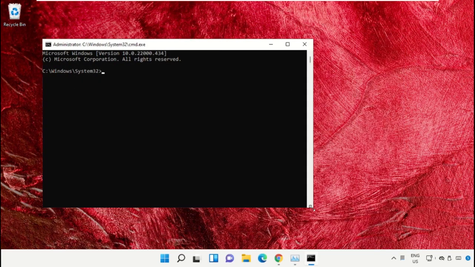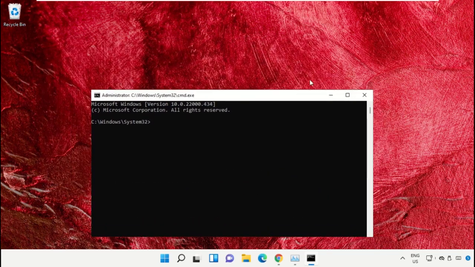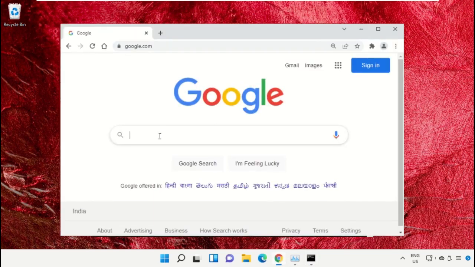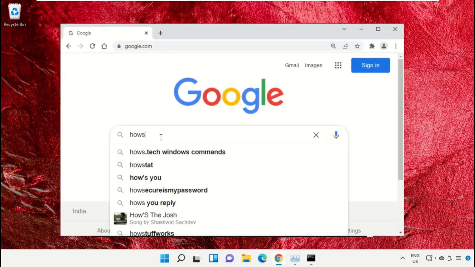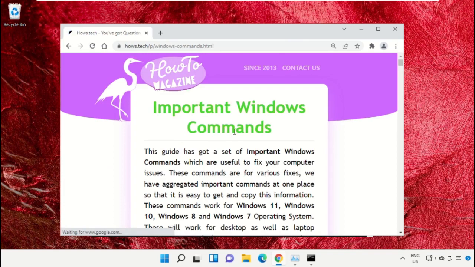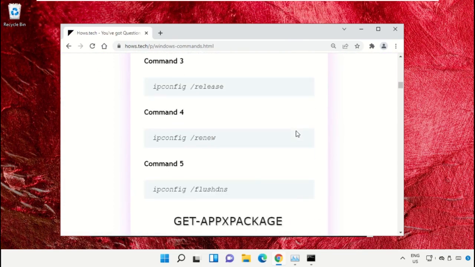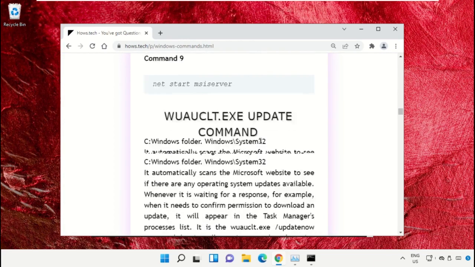To avoid mistakes, we already have a list of commands to make it easy for you. For that, open Google Chrome web browser, then type hows.tech Windows commands and hit enter. Now click on this link, which is from www.hows.tech. Now just scroll down